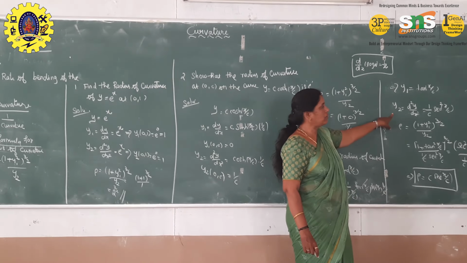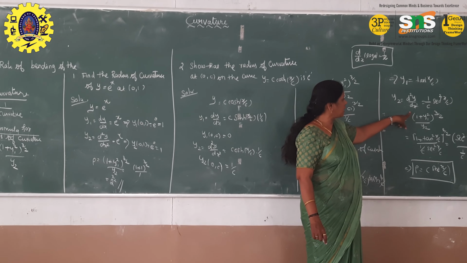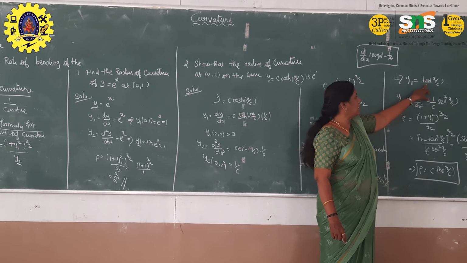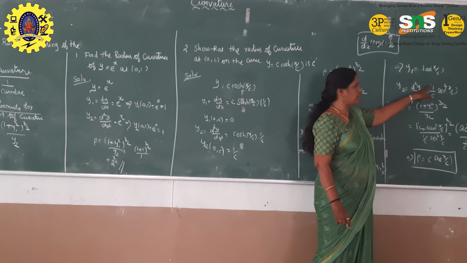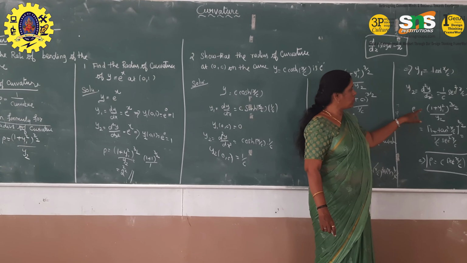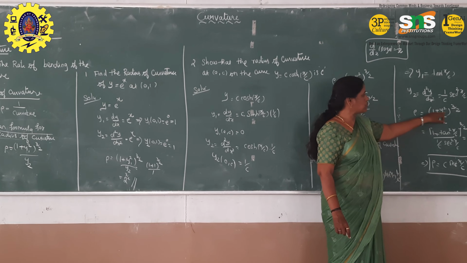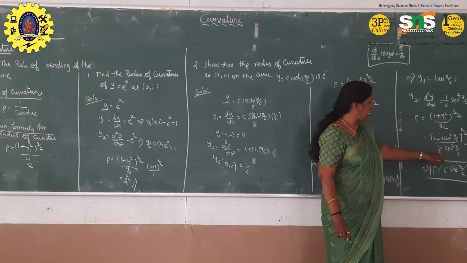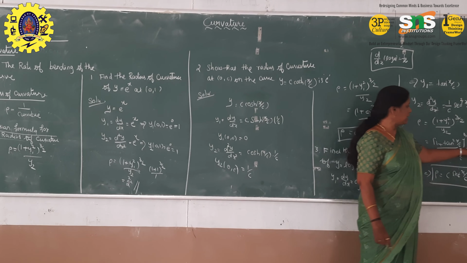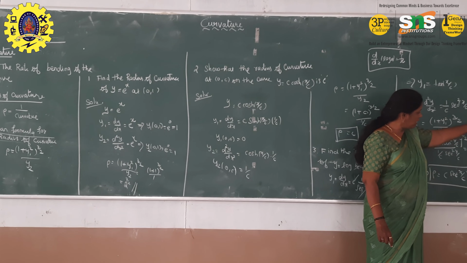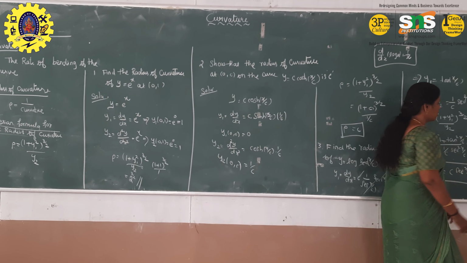After that, we are going to find the y2 value, that is d square y by dx square, which is equal to the differentiation of tan, we get secant square x by c into its coefficient 1 by c. So the rho value is equal to (1 plus y1 square) to the power 3 by 2 by y2. Substituting the y1 value here and the y2 value here, 1 plus tan square is secant square. So it is (secant square x by c) the whole power 3 by 2 divided by 1 by c into secant square x by c. So by cancelling